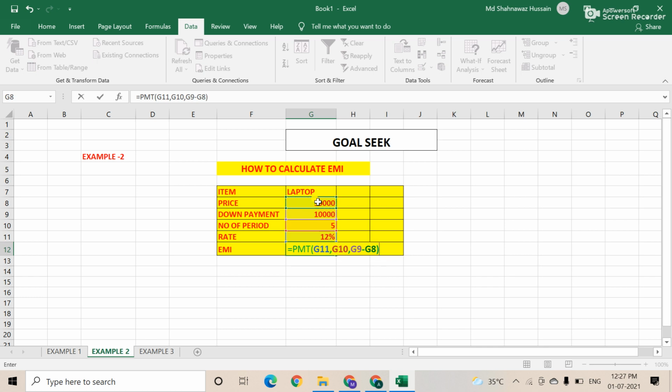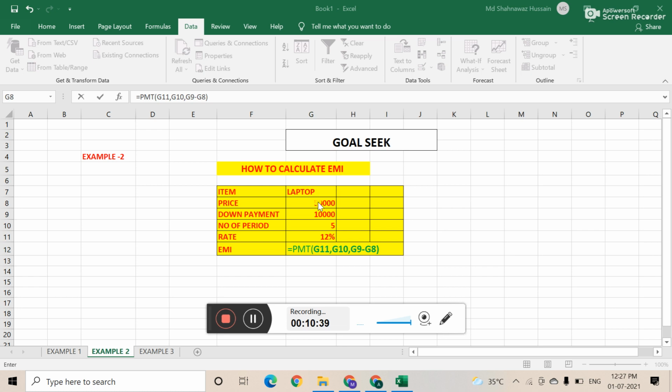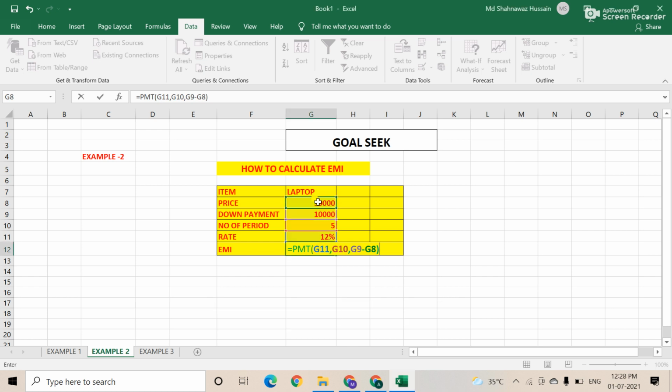Again, I am explaining the formula. First you write equal to. Then after this the rate, which is G11. 12%. And the number of periods is G10.